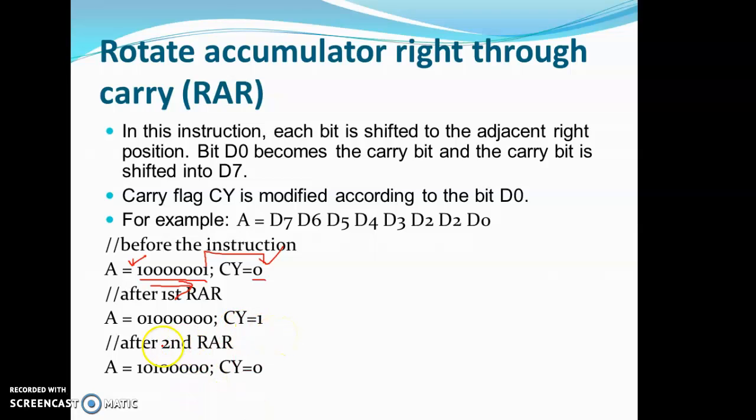Then again, the second time RAR: the carry flag will come here. As earlier the carry flag was 0, here 0 will come the first time, but in this case the carry flag is 1, so this will be reflected here and the last bit 0 will be reflected in the carry. Again I want to do RAR, then 11